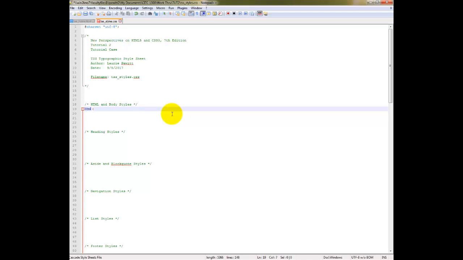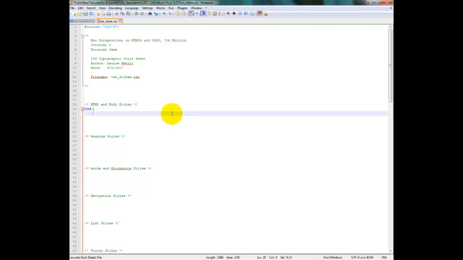I'm not sure what the real name is, but I'm going to call them the curly brackets. So you're going to open your curly bracket and then go down one line and tab over, and we're going to set a background color, background dash color, colon, RGB,